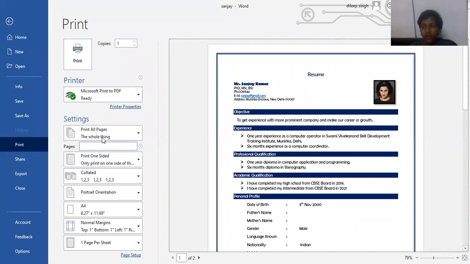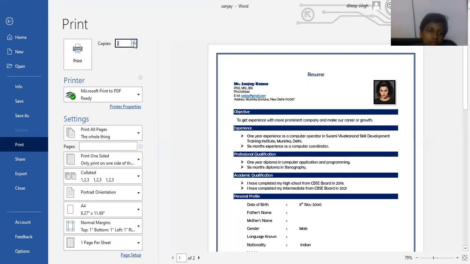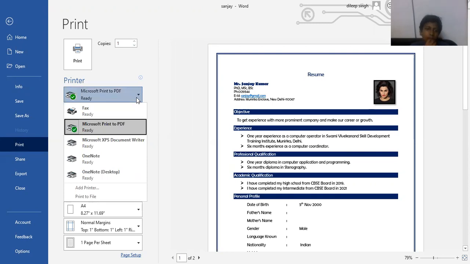And here are some printing properties also available. You should know about these particular options. Firstly, when we take the printout, we have to decide how many copies we want to print. So we can increase the number of copies. It means it will give 3 prints of this document. Okay, and we will just make 1 copy. So by this option, we can control the printing copies of your document. Clear?